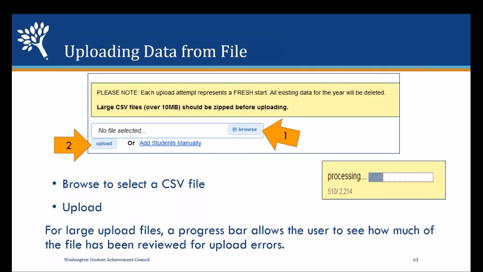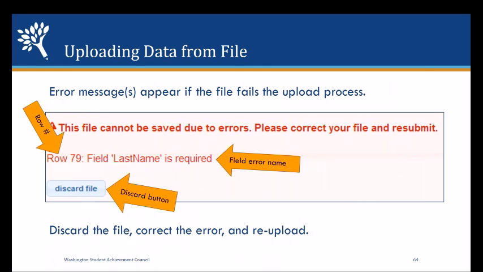If you have a fairly small file, that processing bar will zip by fairly rapidly, and you may not even see it. If your file is rejected for a major error, you will receive an error pop-up, and it will tell you exactly which row the error is in and what the error message is. In this case, you would discard that file and then correct the error in your main CSV report